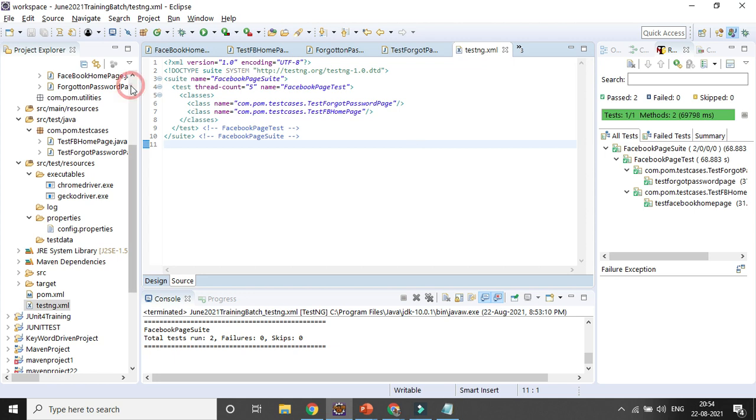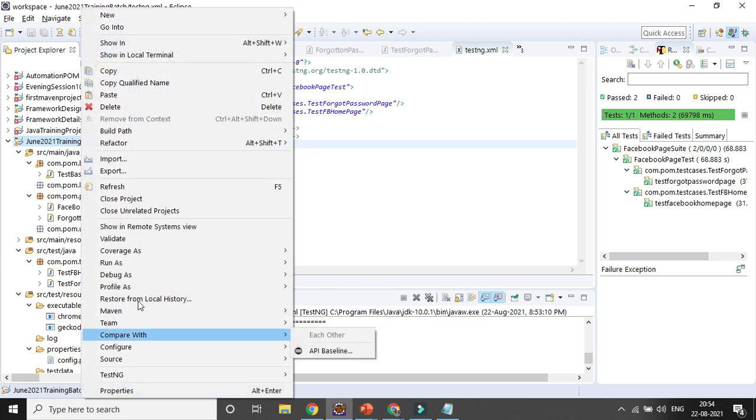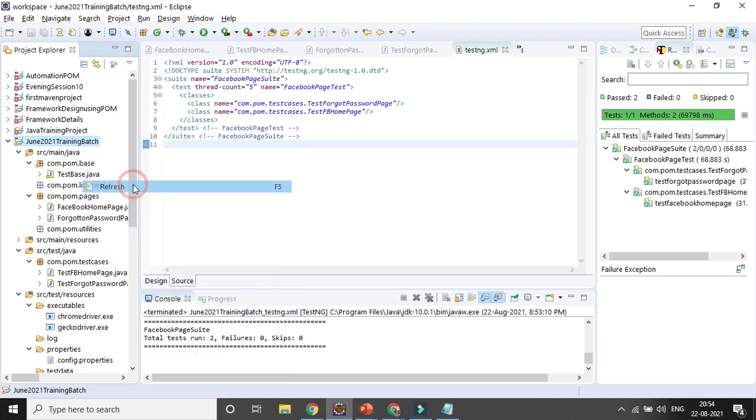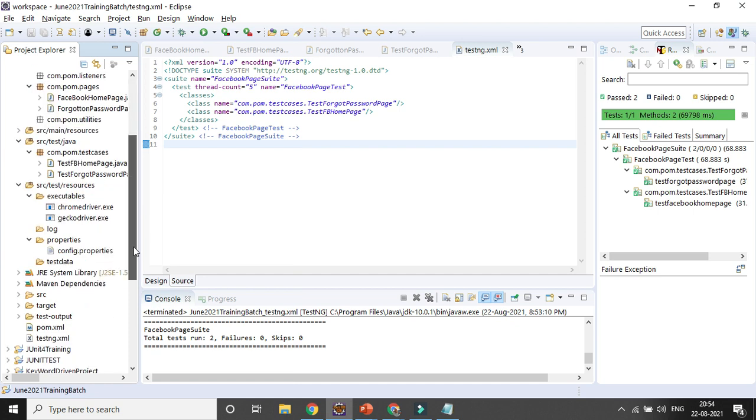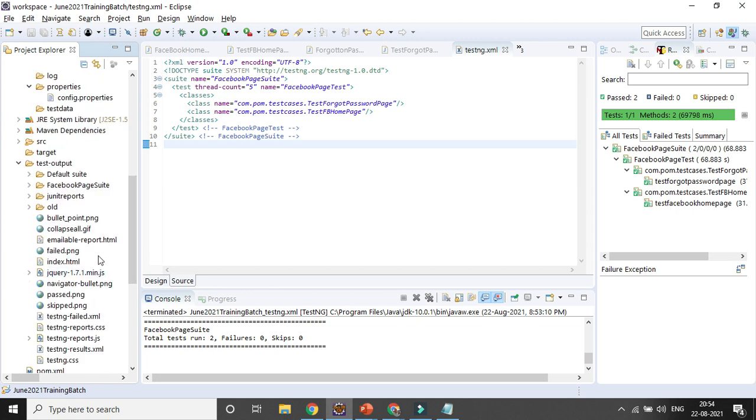Now say if you refresh your project, now the target folder will be created based on your execution, right? Go to the target folder, test-output folder, right? And there will be emailable-report.html, right?